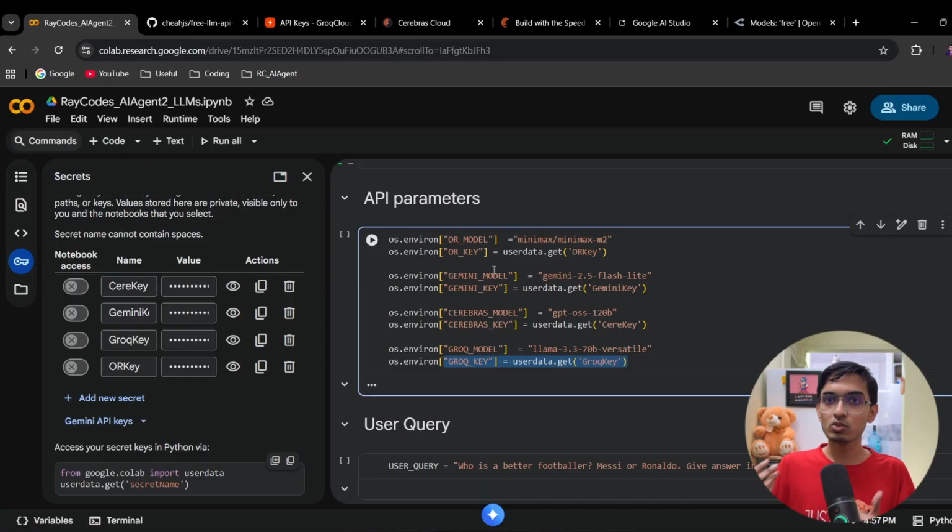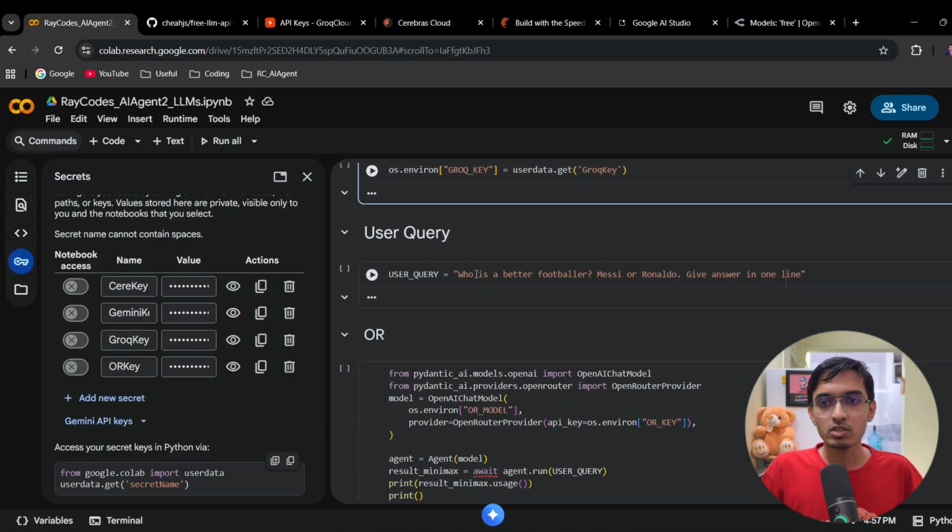If I need to use it further down my code, I just need to write os.environment or model. So if I want to switch the model name, I just need to switch it here. I don't need to change any of my code below. This is a normal good practice in whatever projects you are developing, to have all of the parameters on top. Okay. So a user query, I'm just mentioning one user query, like who is a better footballer, Messi or